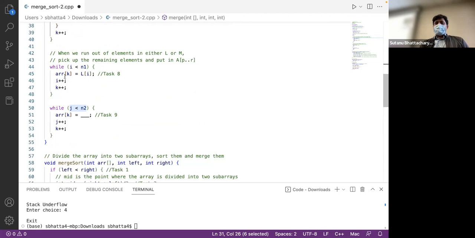Okay. So line 44 will be executed when the right half is empty, but the left half is not empty. Then the condition will be true. So every element of the left array will be assigned to your resulting array. Okay. Clear so far? Similarly, at line 50,